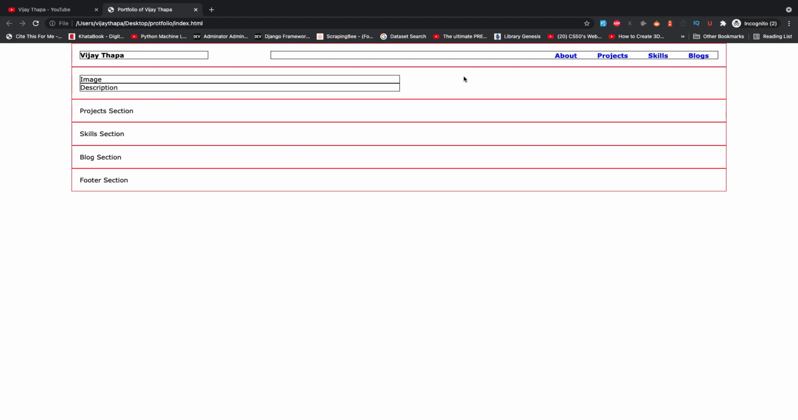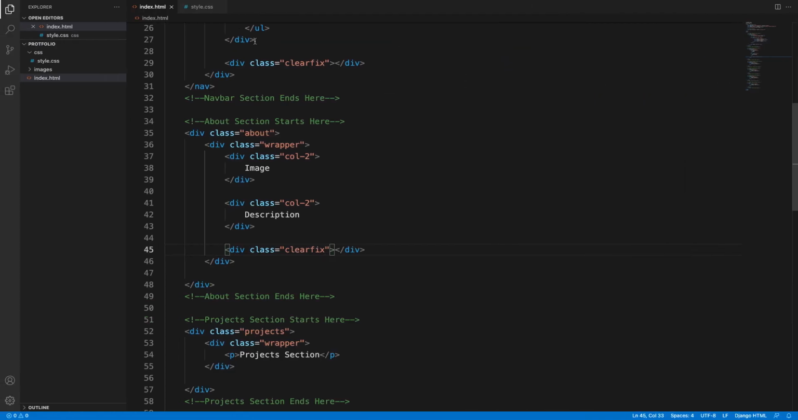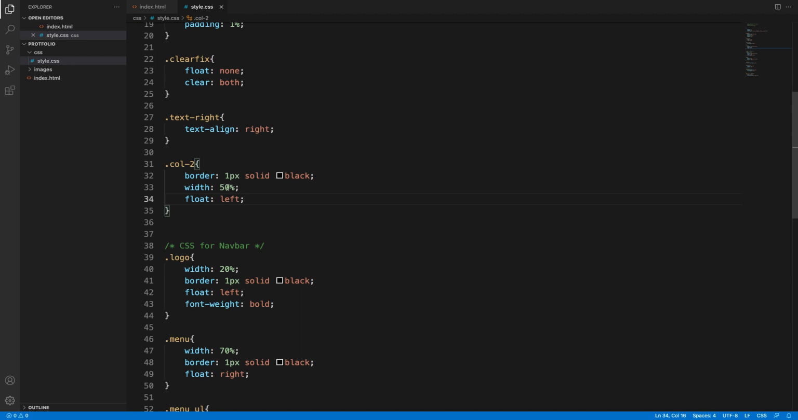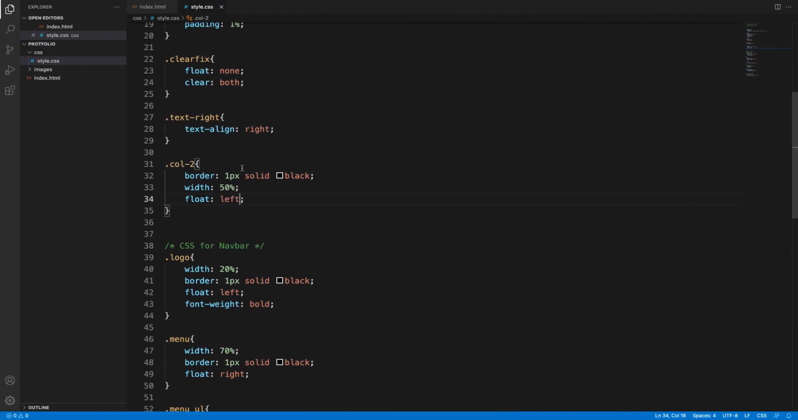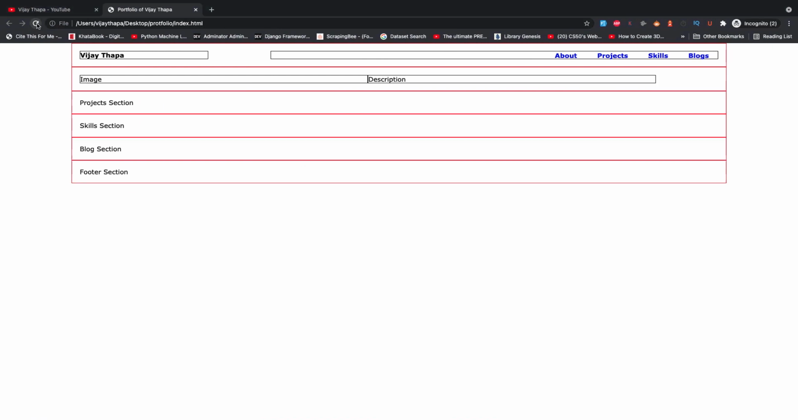but our description section did not move to the right side, because if you go back to CSS, what we have given is 50%. 50% plus 50% is 100%, but we have an extra 1 pixel as well. If this is 1%, then 50 plus 50 is 100, plus 1 on both sides is 102%. Okay, so we need to reduce our width from 50 to, let's say, 45%, and if we reduce it,